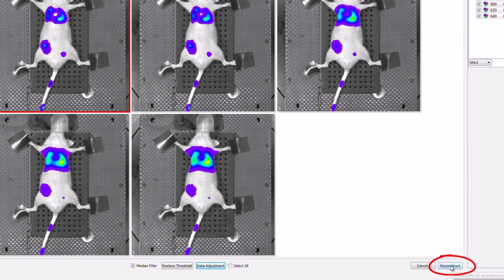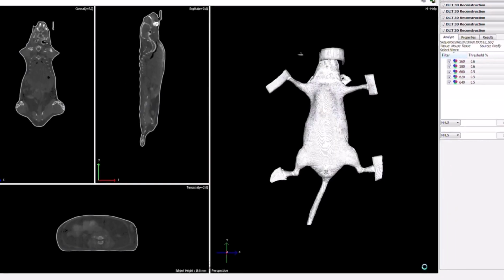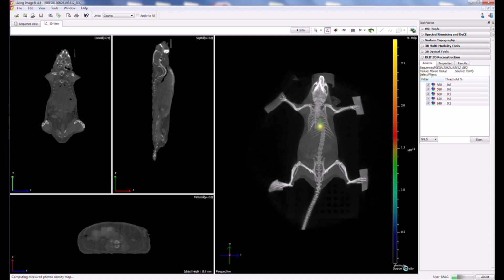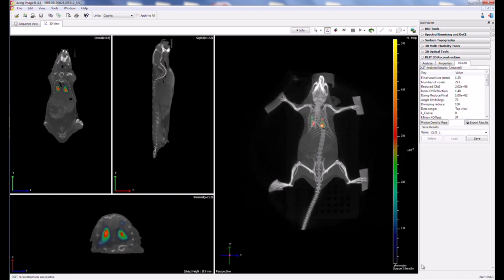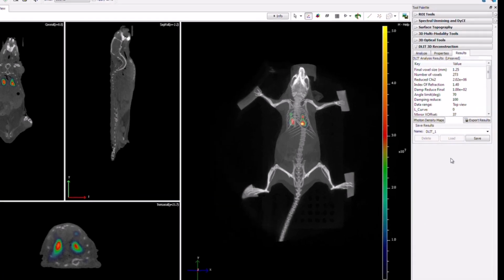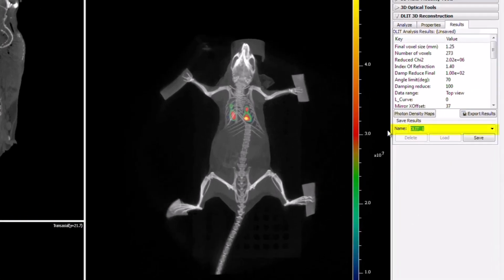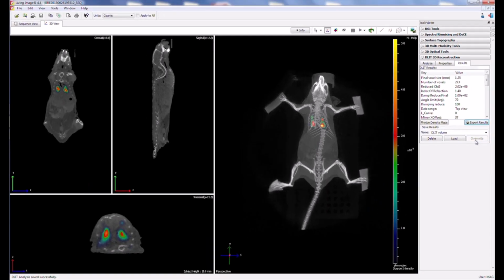After your thresholding and masking are completed, click the Reconstruct button to launch the 3D reconstruction process. The result will appear within the topographic and CT volume as a volumetric color map. The results should be saved by typing a name in the name field and clicking Save. The 3D bioluminescent volume is automatically overlaid with the skeletal detail, and the full rendering appears in the 3D View